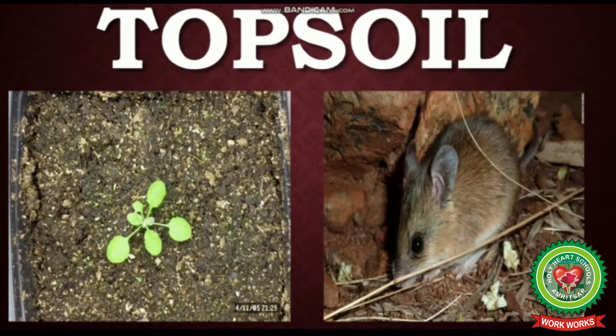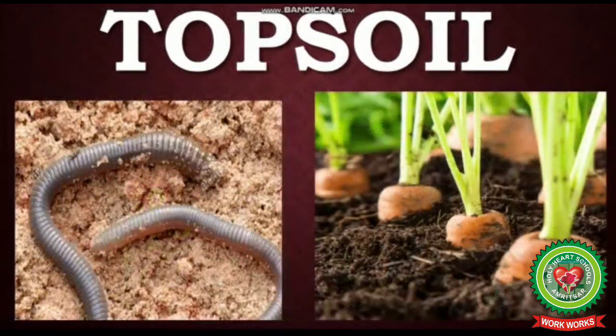Students, there are 4 layers of soil. These are topsoil, subsoil, weathered parent material and bedrock. Topsoil provides nutrients to growing plants and it provides a home to many animals and insects like ants, earthworms and rats. Students, topsoil is required to maintain lawns as well as gardens. And when we build a home, we always search for topsoil to ensure a healthy lawn.